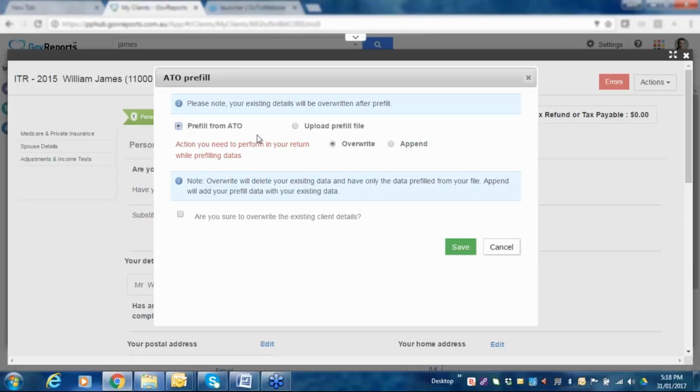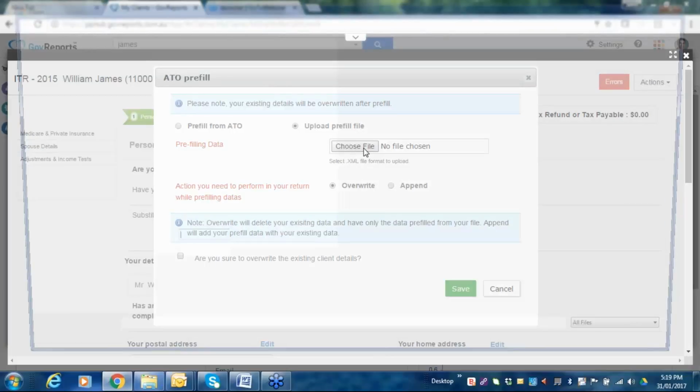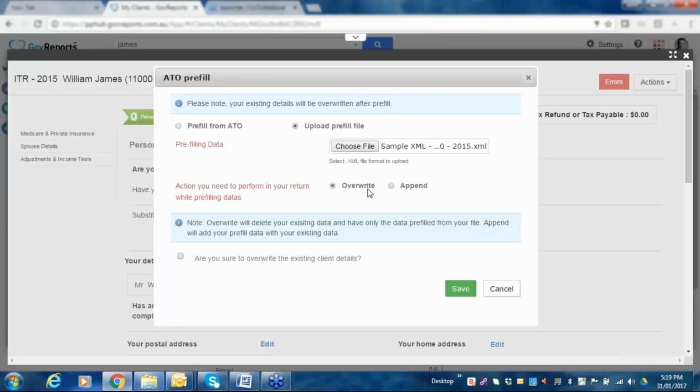So you can get pre-fill from the ATO, which is fully automated, but 2015 is not there yet. In the 2016 return that was introduced. So what we do here is a semi-upload. We get the file, we grab the file, and we say...